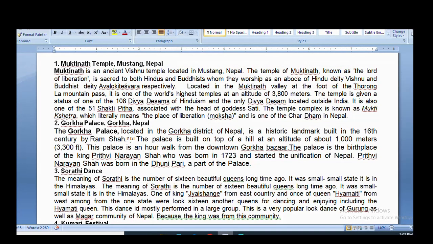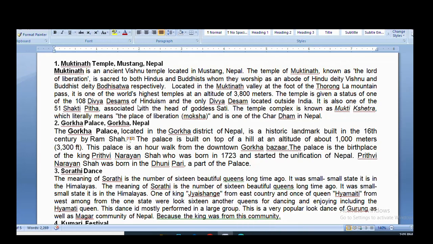Muktinath is an ancient Vishnu temple located in Muktinath, Mustang, Nepal. The temple of Muktinath, known as the Lord of Liberation, is sacred to both Hindus and Buddhists, whom they worship as an abode of Hindu deity Vishnu and Buddhist deity Bodhisattva respectively. Located in the Muktinath Valley at the foot of the Thorongla mountain pass, it is one of the world's highest temples at an altitude of